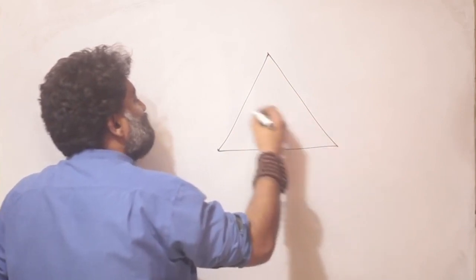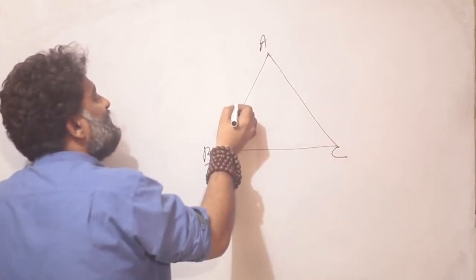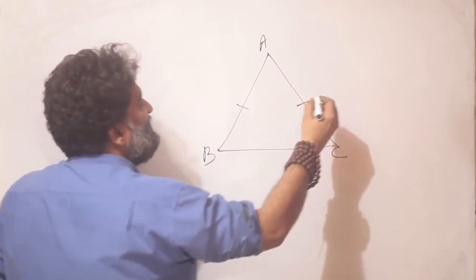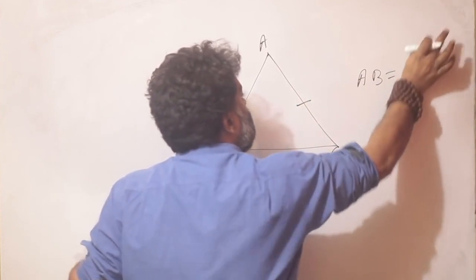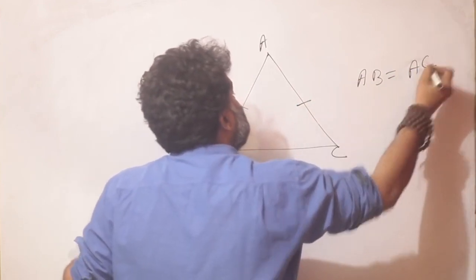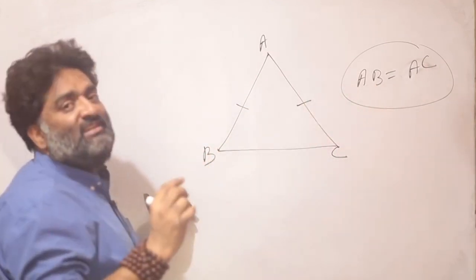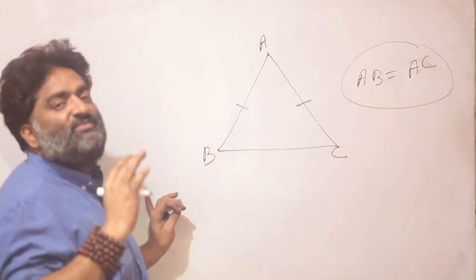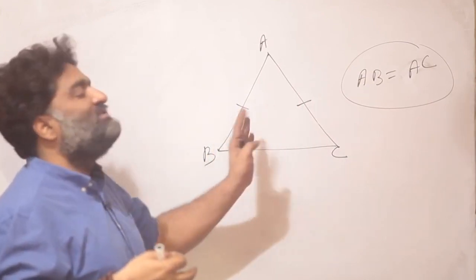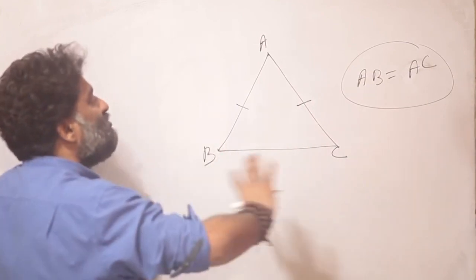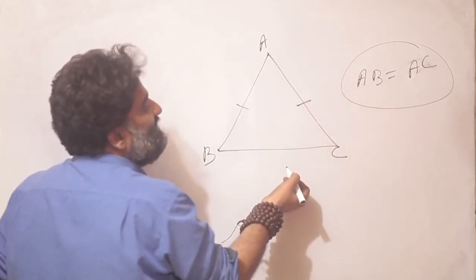So if it is given to me that there is a triangle ABC, and sides AB and AC are equal. So AB is equal to AC is given to me. Now some of you might be going that I know this is an isosceles triangle, and I know so and so theorems around the isosceles triangle. Very simply put, an isosceles triangle is where 2 sides are equal to each other. But we are not going to use any result that we have learned so far. We'll simply work with congruence of triangles only.